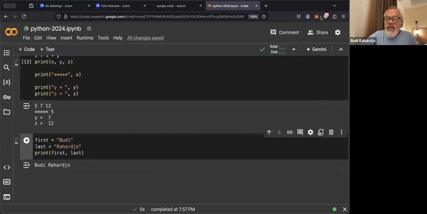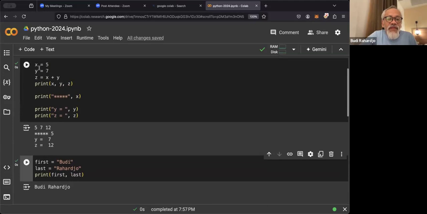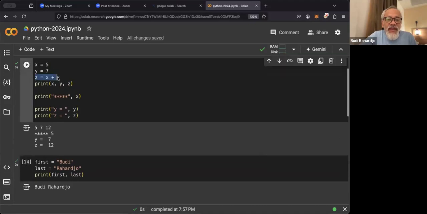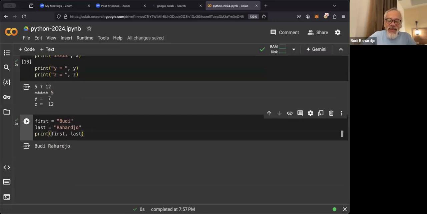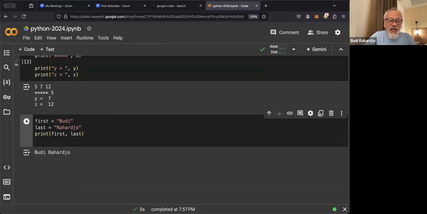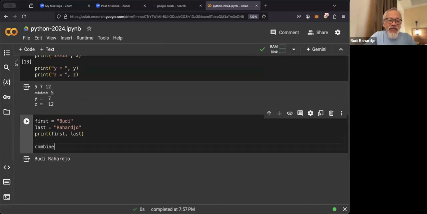Now, the interesting thing is, previously Z is equal to X plus Y, so basically we are doing addition. But what happens if we want to add these in Python? Let's see: combine is equal to first plus last.